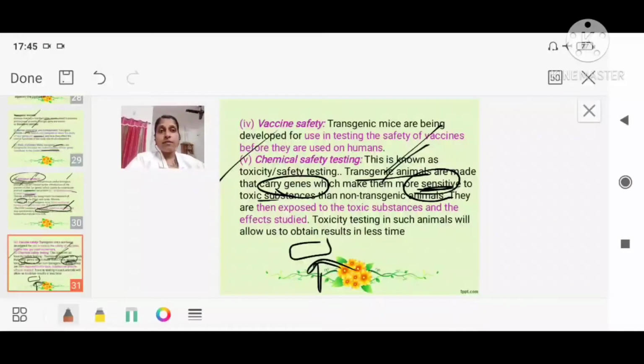और लास्ट वाला क्या है? फॉर टेस्टिंग द ड्रग्स और केमिकल्स वेदर इट इज़ गुड और नॉट. फॉर दैट ऑल्सो वी आर यूजिंग व्हाट? दिस ट्रांसजेनिक एनिमल्स. So only one part of the chapter is left, that is ethical issues, that we will be